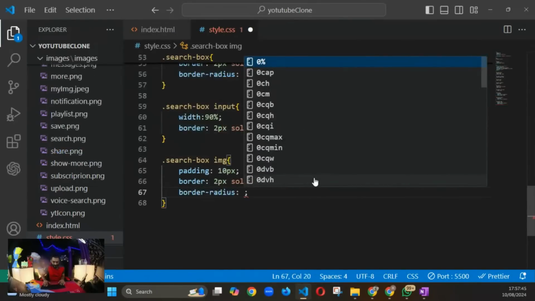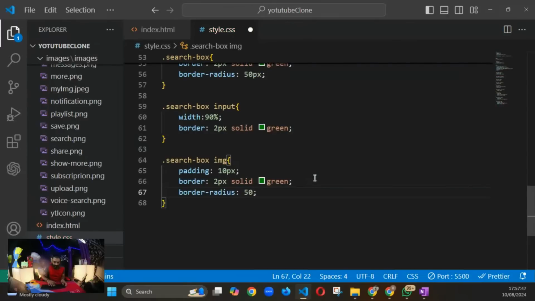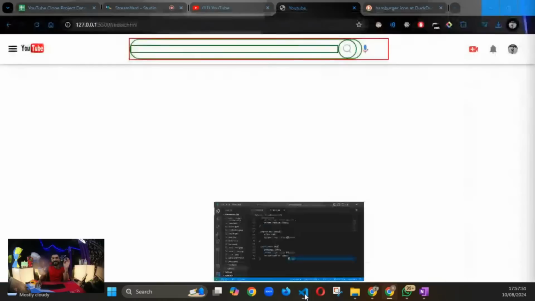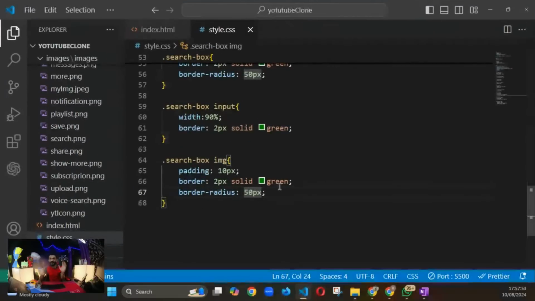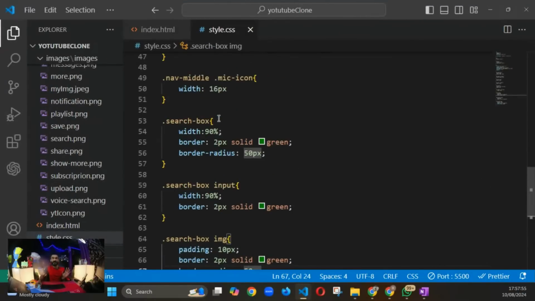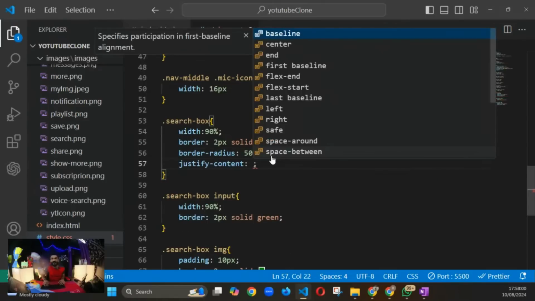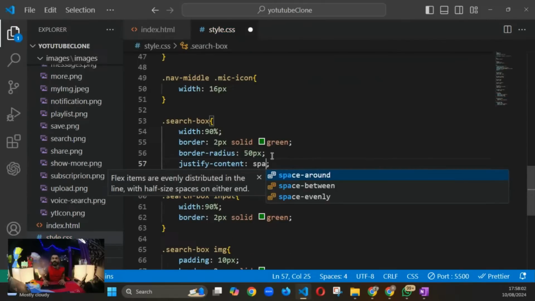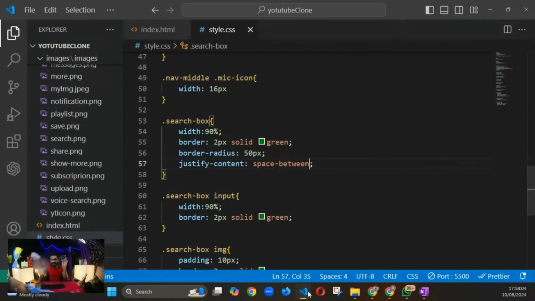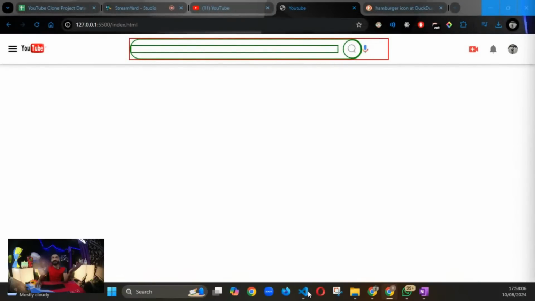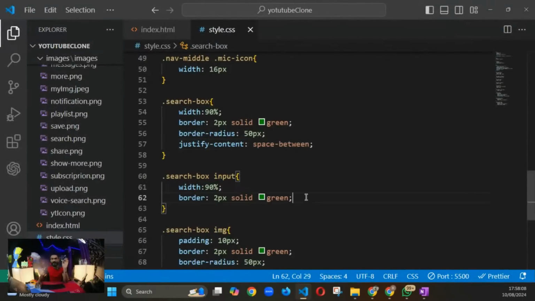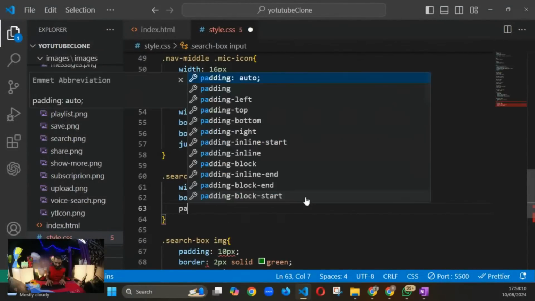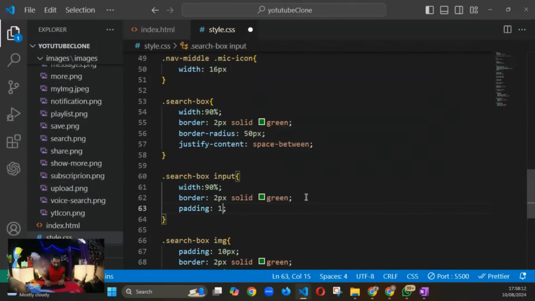बॉर्डर रेडियस इसको हम देंगे 50 पिक्सल्स का, इसको भी हमने 50 पिक्सल्स का बॉर्डर रेडियस दिया, ओके, परफेक्ट, राइट। नाउ इसको हम देंगे सिंपल सा जस्टिफाई कंटेंट स्पेस बिटवीन, लेट अस सी नाउ, ओके, परफेक्ट है। पैडिंग जो है, इसको मैं पैडिंग दूंगा थोड़ी सी 1 REM की, राइट, लेट अस सी,